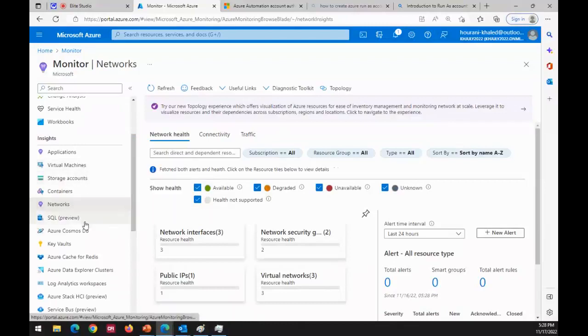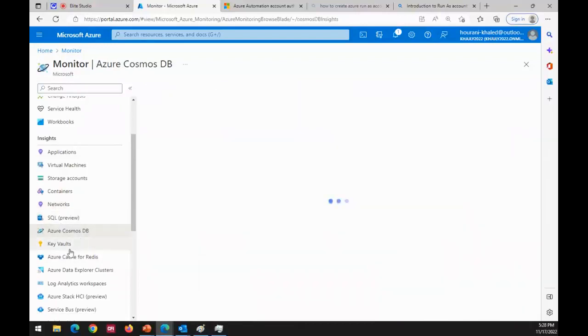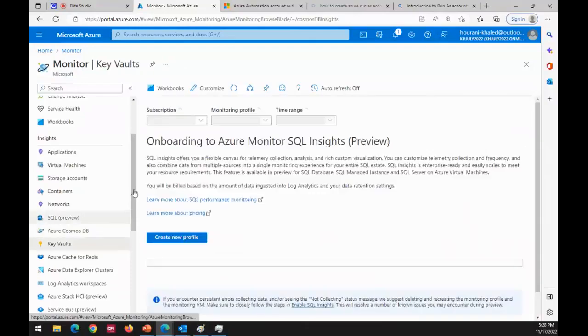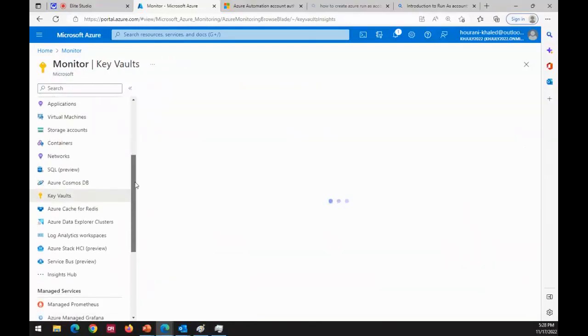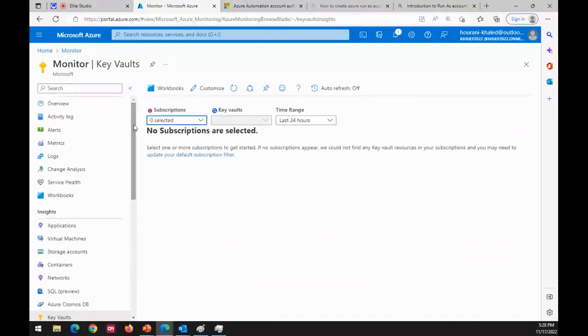As you can see, I am here monitoring or seeing the insights of my network. So as I told you, you can monitor everything. If you have an SQL database, you have Cosmos, you have Key Vaults. So all your environment is being monitored, as you can see here. Okay? Fine. Let's go now to the presentation again